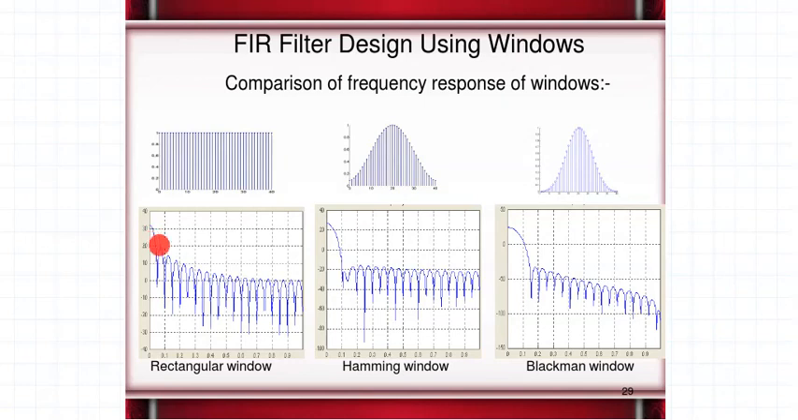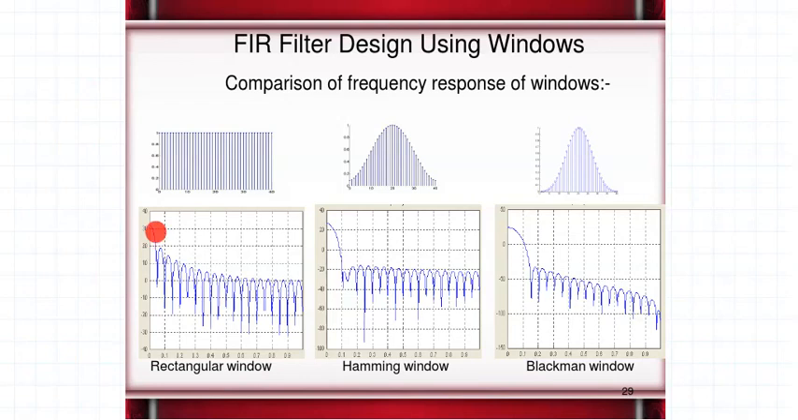The rectangular window, as seen here, has the minimum main lobe, the minimum width of the main lobe, whereas the width of the main lobe goes on increasing as we move to the Hamming window and then the Blackman window. So when do we prefer to go for the rectangular window? The rectangular window has the minimum width of main lobe, and as the width of the main lobe is minimum, definitely the rectangular window results in a sharp cutoff in the final frequency response,